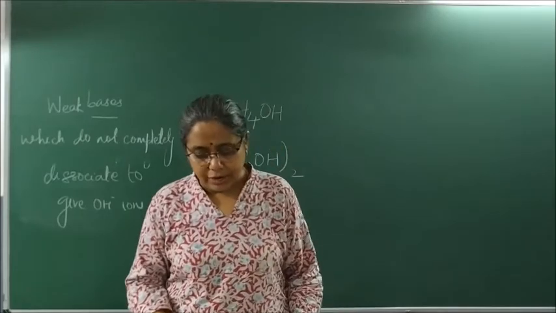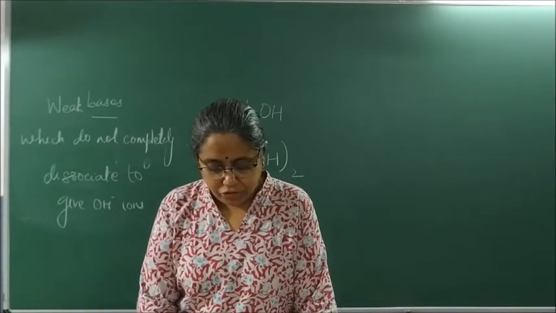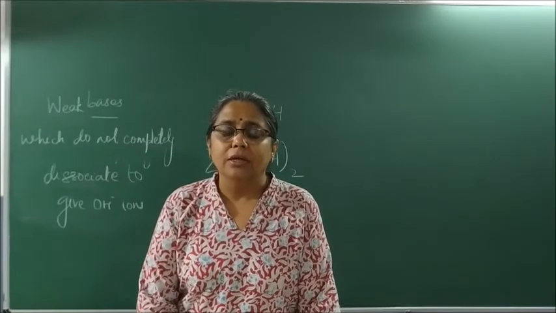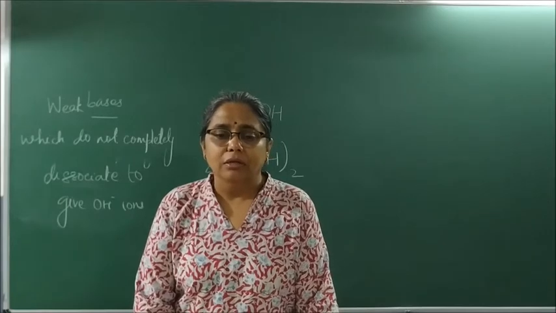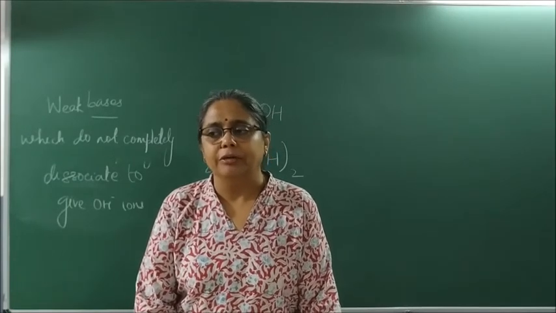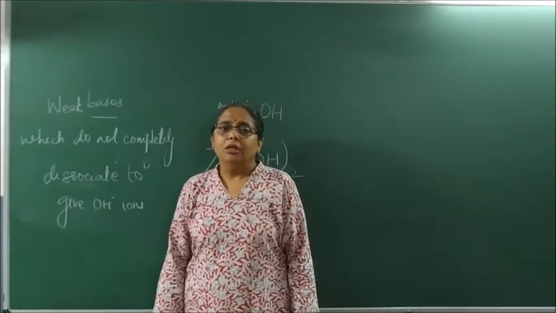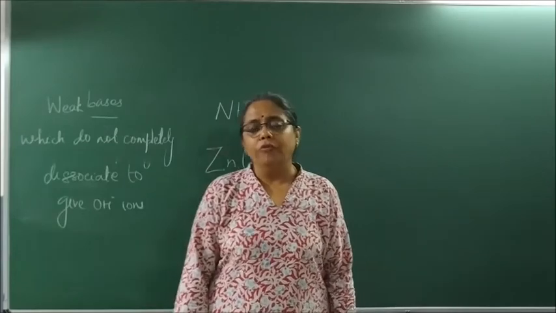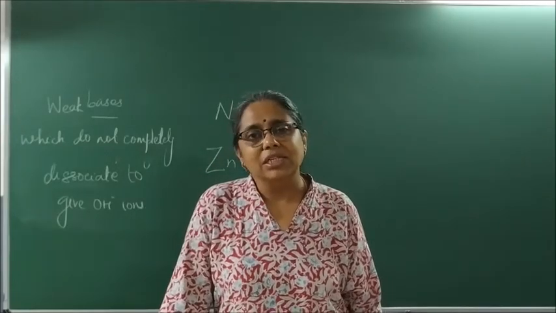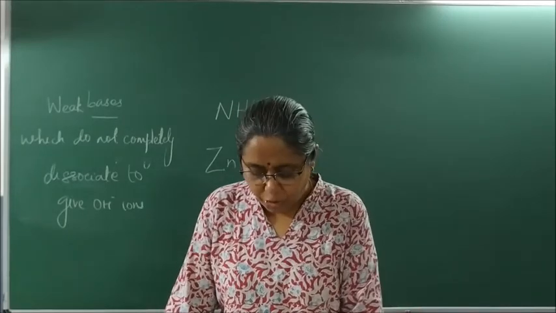So, let us understand now. Our body works within a pH range of 7.0 to 7.8. Please write a question there. Mention the pH range of human body. 1 mark question. Please write. Mention the pH range of human body. The human body works best when its pH is between 7 to 7.8.